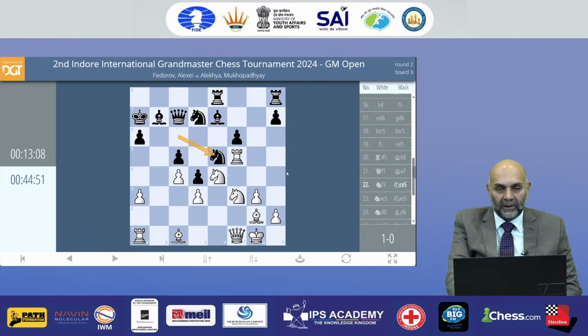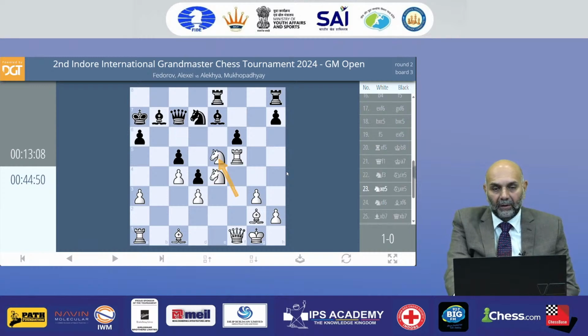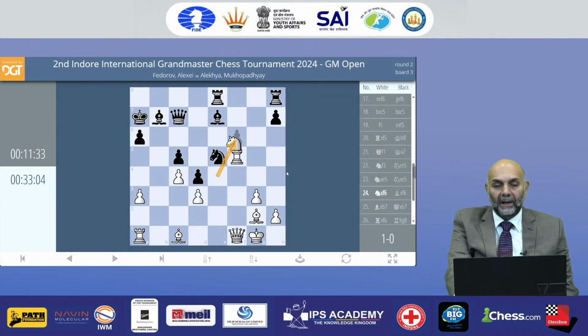Black gets a chance to exchange one piece, but again at the cost of some material. Black gave up a pawn because there is no productive improvement, and white is ready to just start an attack on the queenside as well as the kingside. The f6 pawn was becoming very big. Black decides to give up a pawn. White gladly takes the pawn.